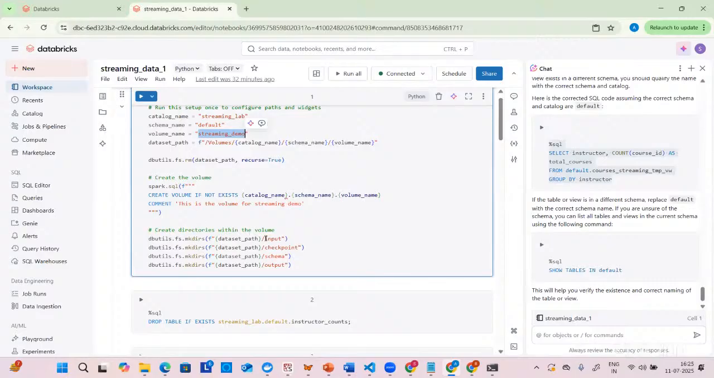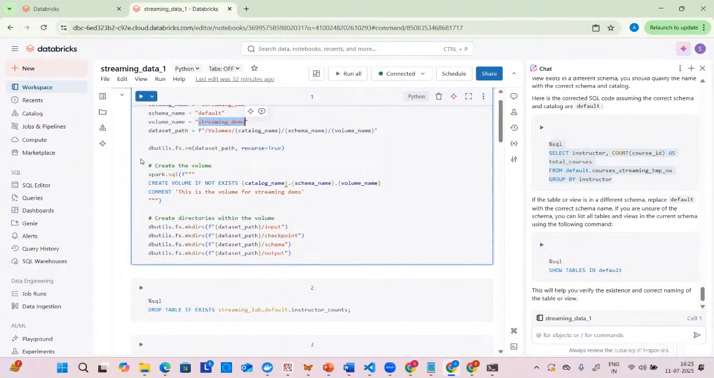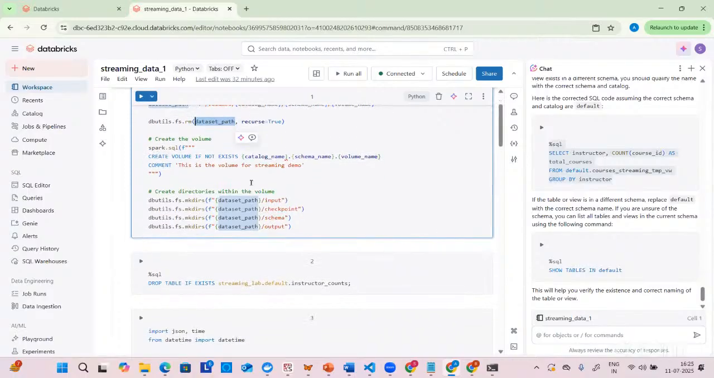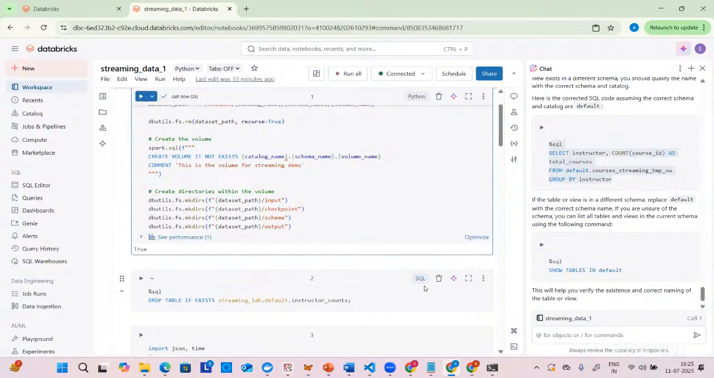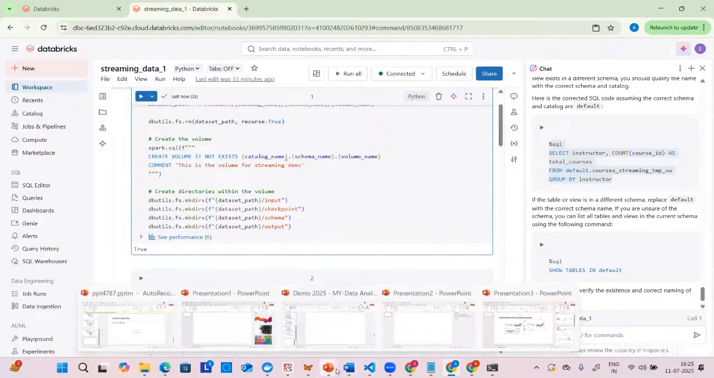Before I go and create folders in that path, I'm taking care that if there is such a path, I'm deleting it. If earlier this path is there, I'll just delete it, and then I'll create this volume. After that, in that path, I'm creating folders called input, checkpoint, schema, and output. I'll run this. True. Now, why these? We will go to this